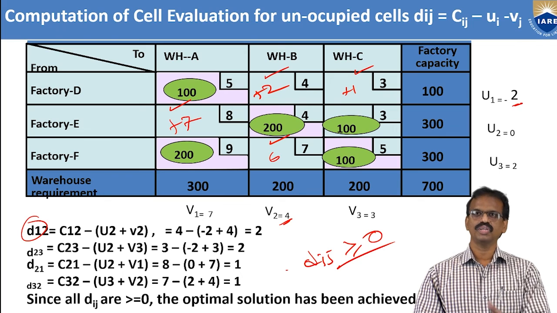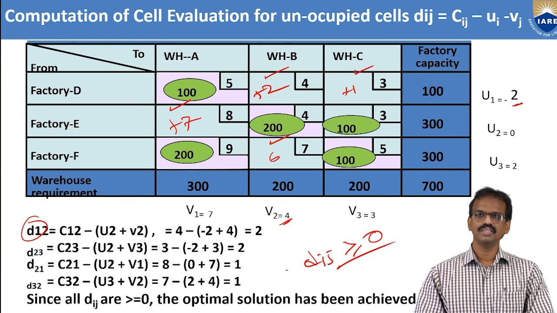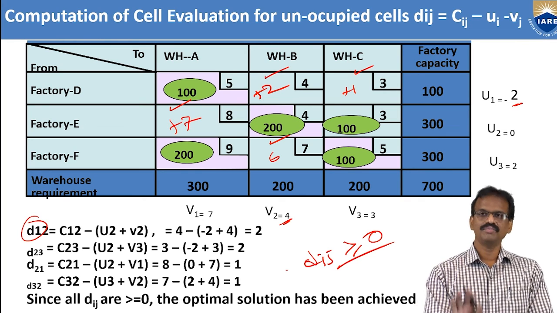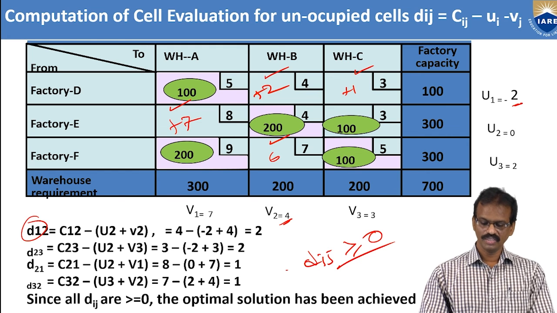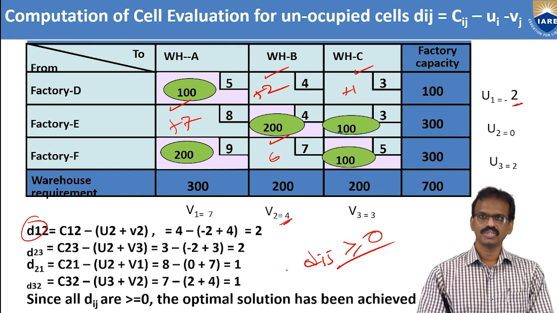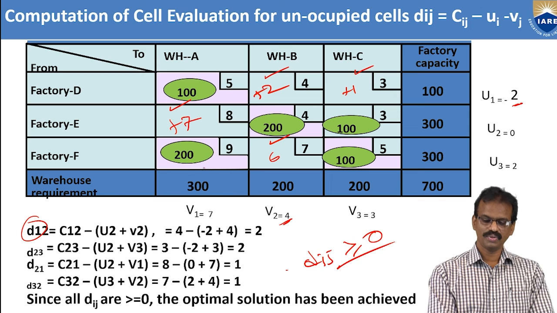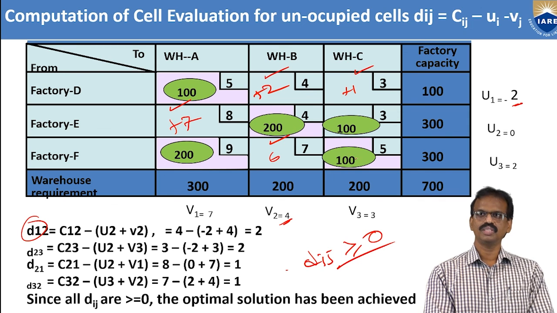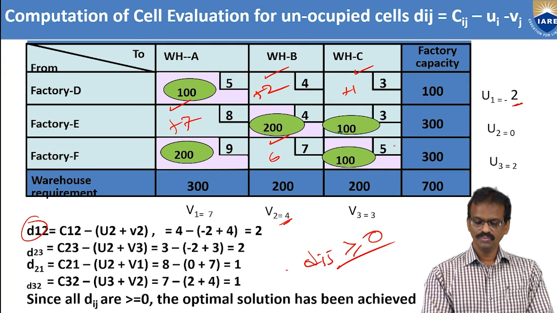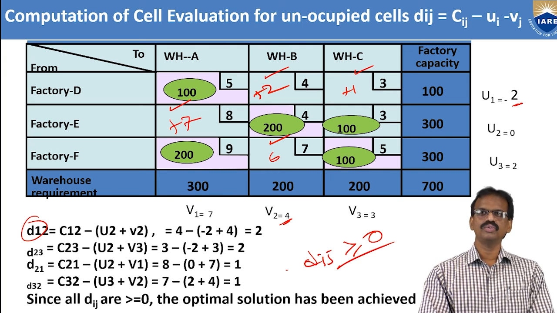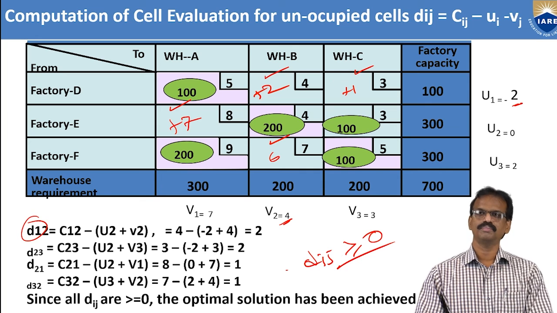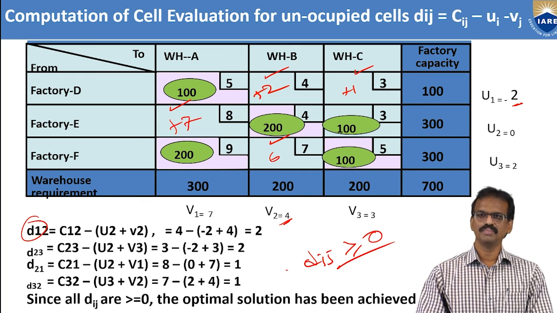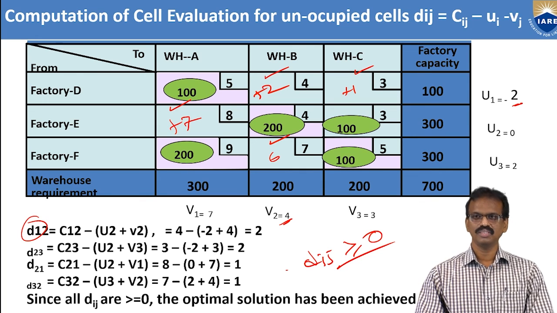Beyond that, we cannot find any optimization. It is the final optimization value. Then you can take these values and calculate the transportation cost. That is 10 into 5, 200 into 9, 200 into 4, 100 into 3, 100 into 5. If you get any negative value, then you have to apply the MODI method. How to apply that, we will see in the next class.